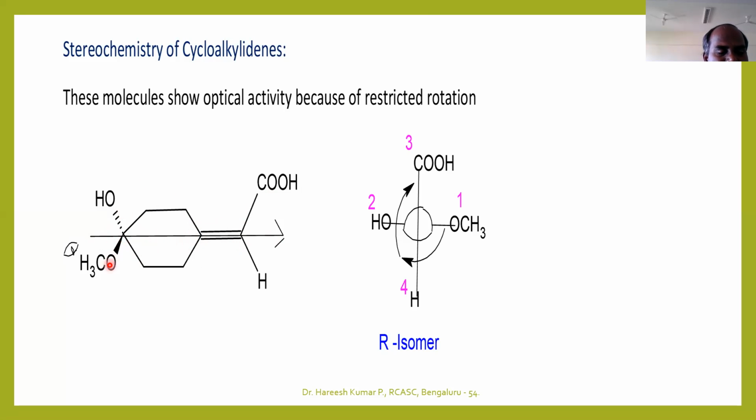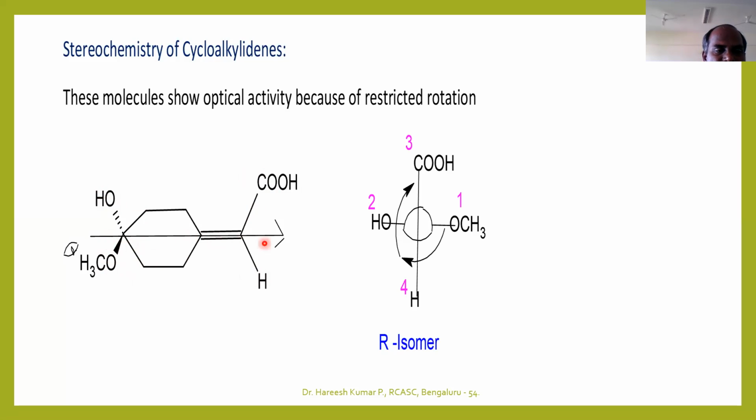So what can you observe? When the chiral axis is passing through this moiety, these two groups take the first priority and these two groups the next. What it means is these two groups are the near end groups and these two are the far end groups. Suppose this group and this group are the same or identical moiety, such a compound does not exhibit optical activity. So these two should be different, and these two should be different. That is the criterion you need to remember.